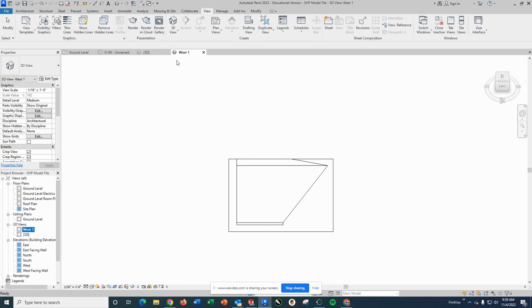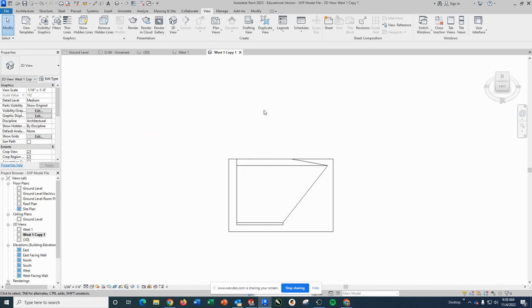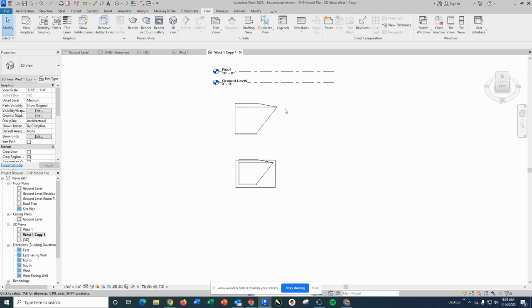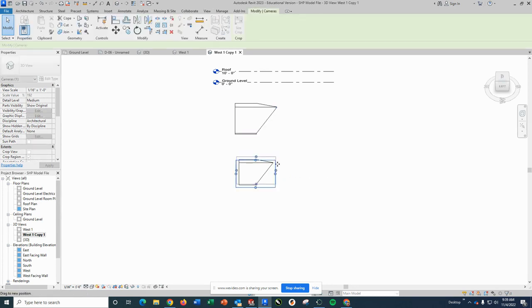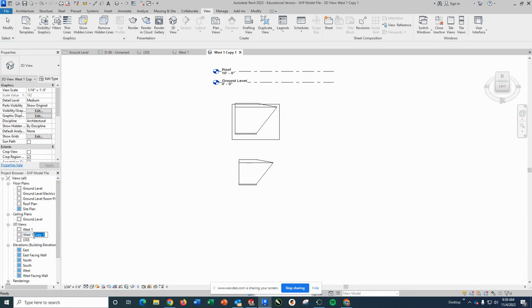I'm also going to end up, and what I can do is actually duplicate this view, and on this one I'm going to undo the cropping of the view, and you can see my other roof came up because I hid this one. So on this one that's the copy, I'm now going to move my box. So this is a quick way to do multiples where you need it from the same side. Okay, so instead of West 1 copy 1, I'm going to rename it West 2,